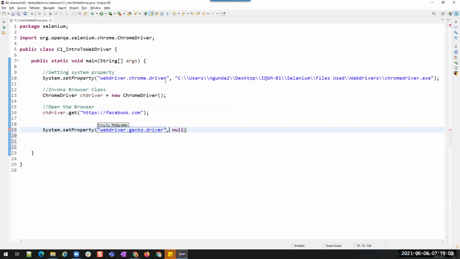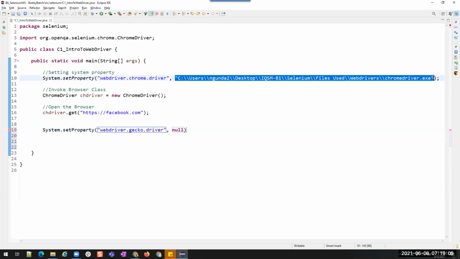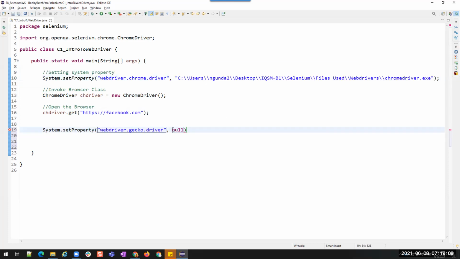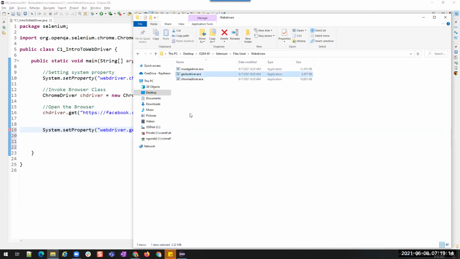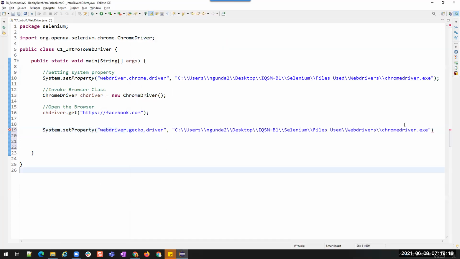Okay, and then the path will be exactly the same, but instead of the chromedriver.exe file, we have to pass the Firefox driver. You see, this is the gecko driver, so we have to pass this. That's all. Now we are letting the system know where your gecko driver is present with this property.